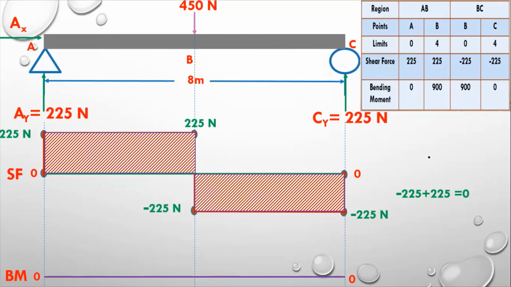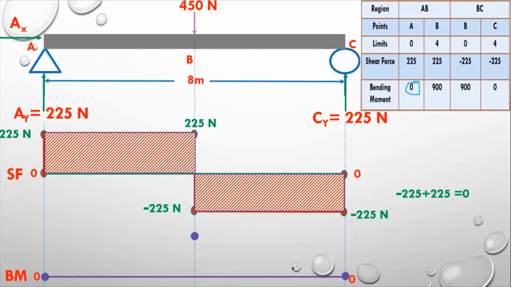Now I am moving towards drawing the bending moment diagram, and I have 4 values over here. So how can I use them? The first value is 0, so I will mark the 0 point at bending moment and 0 will be here. Always start from your left hand. And the second point at B, so the B line is here, so what we have to do, we have to put this 900 here, so this should be lying here, and the other value is 0, and the other value at B is again 900, so it will remain the same, and the final value is 0 at C.